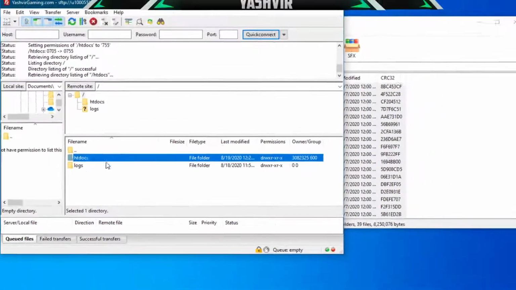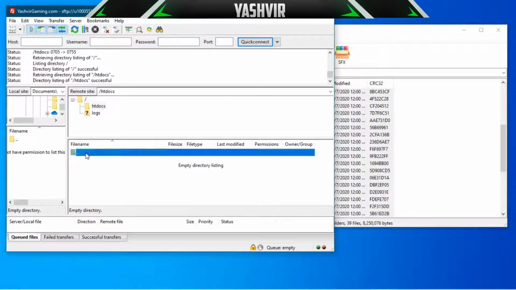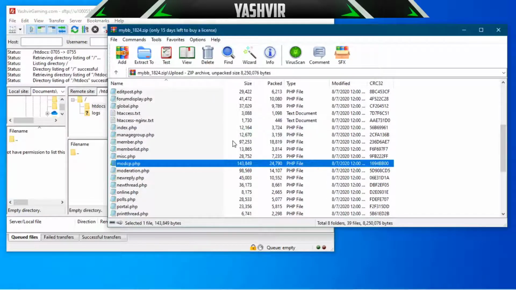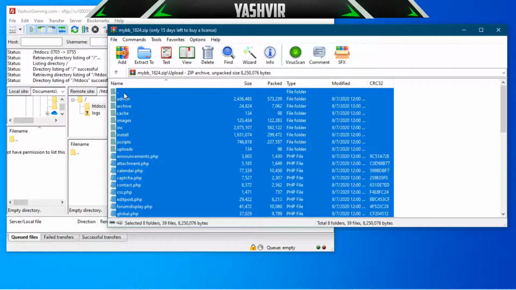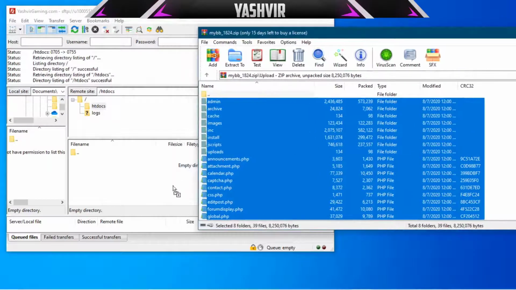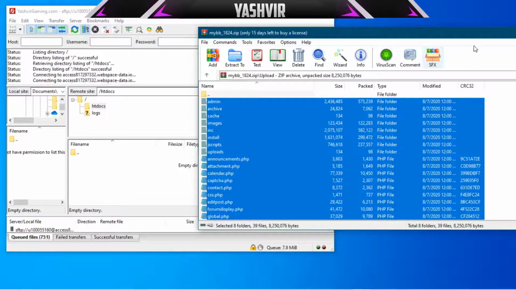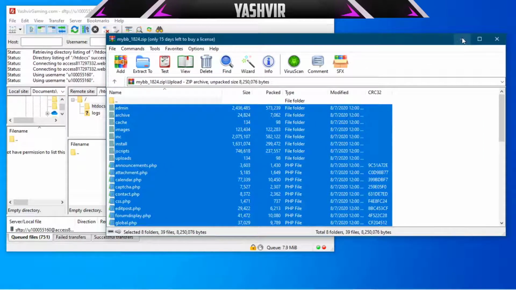Okay, and now what I'm gonna do, I'm gonna open this up. It's the htdocs folder, and I'm gonna select all of these files and just drag and drop them. Once you drag and drop, do not close WordPress, do not close WinRAR, guys, because if you close it, it will cancel. All you gotta do is minimize it,